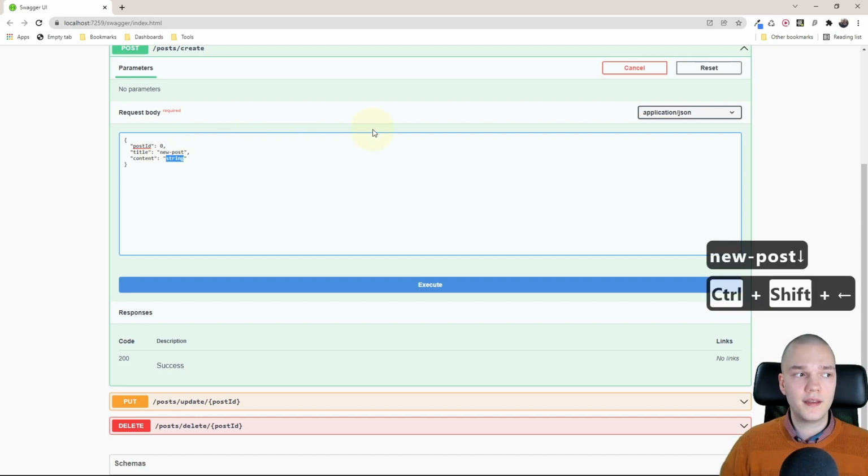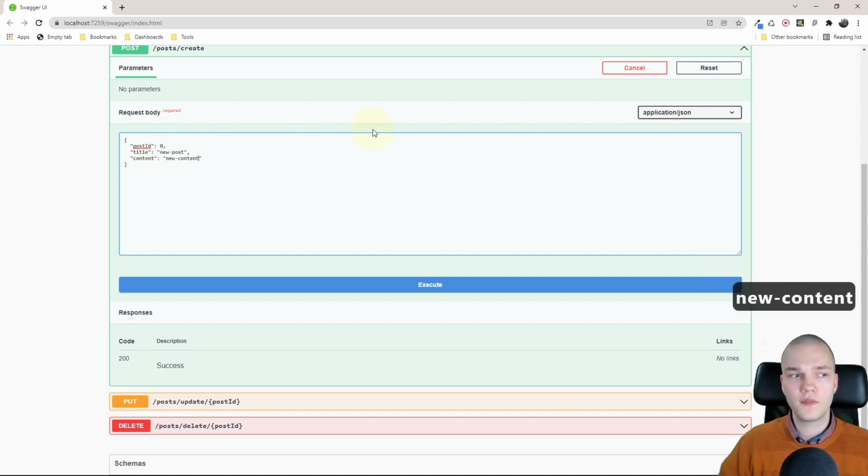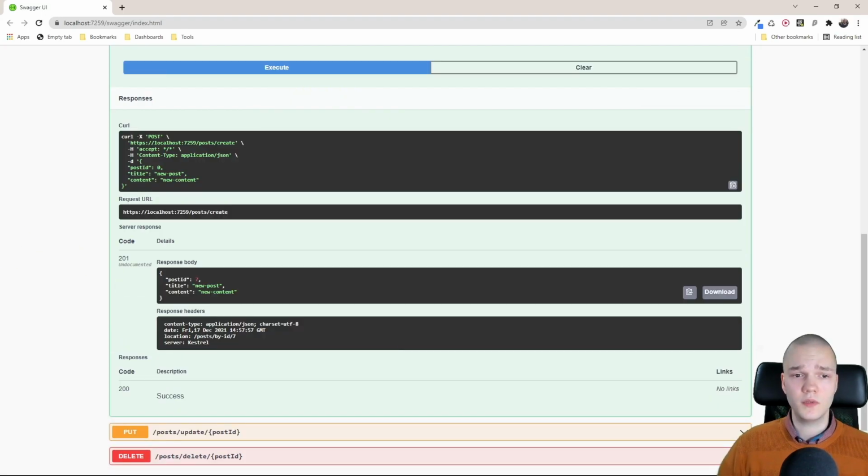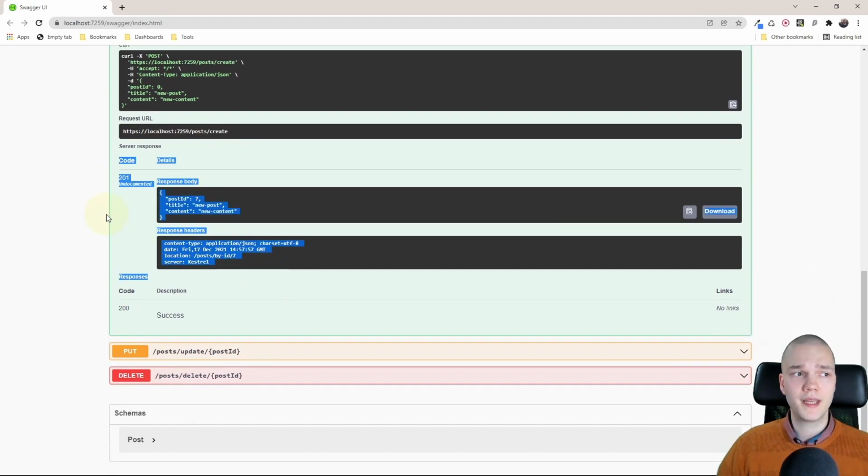For the content I'll do new content, and hit execute. And nice, so it worked because we get a 201 created response back from the server with the created post in the body. And notice that Entity Framework auto incremented the ID for us, so that works.